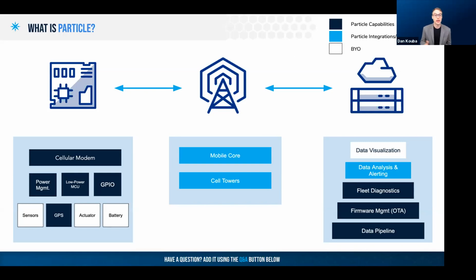And then on the cloud side, we have our own cloud. This is going to be considered sort of the end of the data pipe, going from the edge to the cloud. Mostly you can think of this like a pipe. This is where all your events are going to flow, and then they're going to flow out into a third-party cloud. So you can see I've highlighted here that data visualization is not really something we do. That's usually something that's left up to our customers.